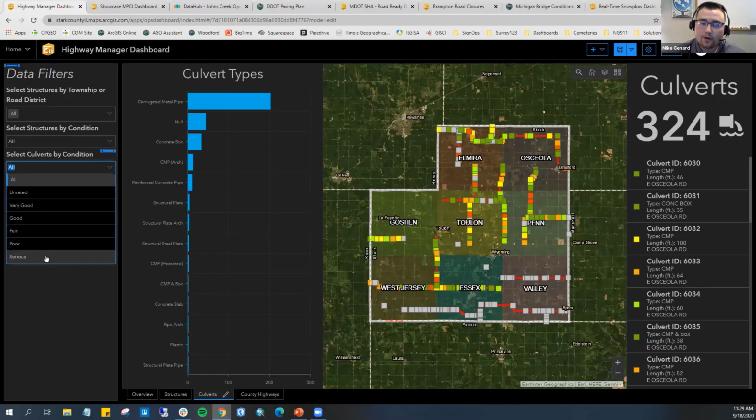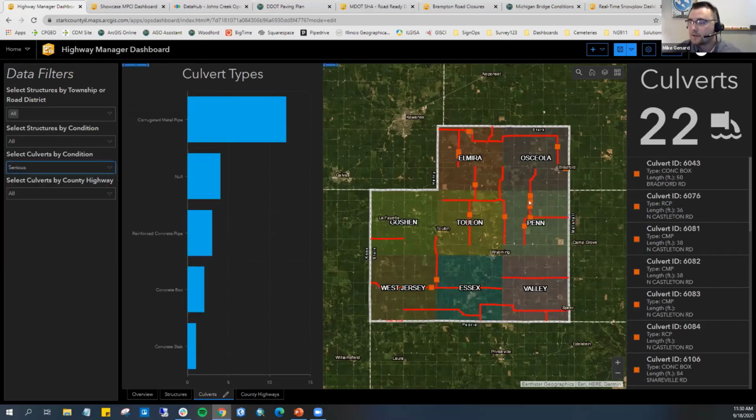So I want to look at my culverts that are in serious condition. These are the ones I'm going to focus my efforts most heavily on moving forward as I plan for next year's construction schedule, for however much I need to do to update these culverts and make them better. So I'm going to select my filter for culverts that are in serious condition. And again, what I've done is I've built in some interactivity between these elements so that when I select a filter,